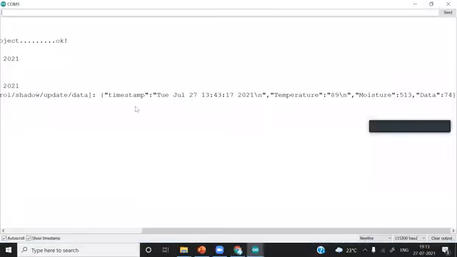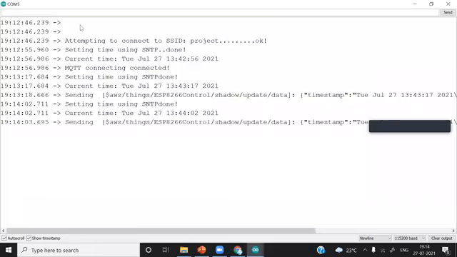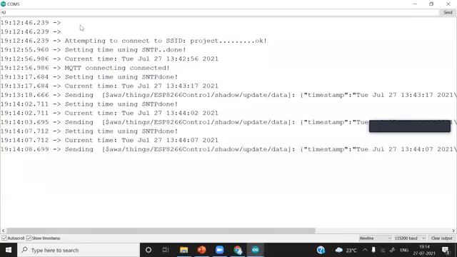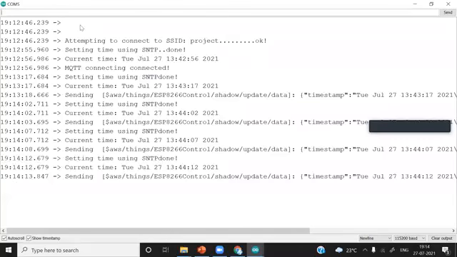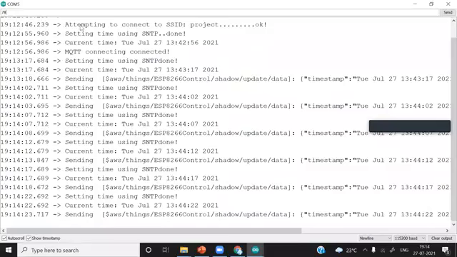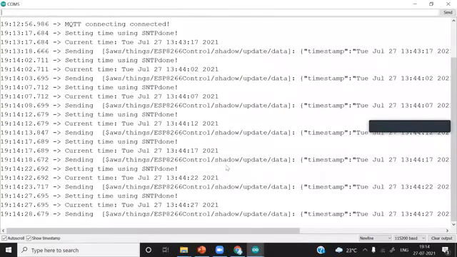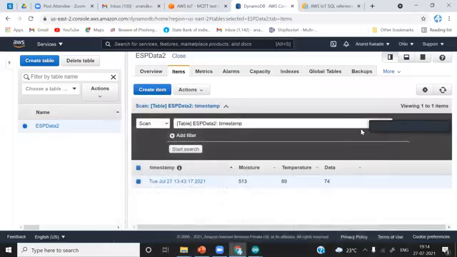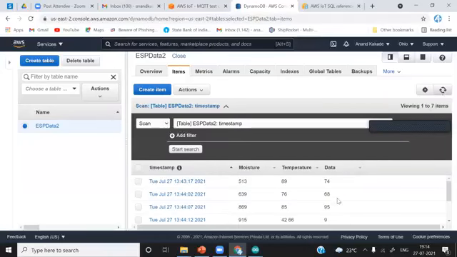What we'll do, we'll send some multiple data as 76. I will hit enter, and then 85, hit enter, 42, hit enter, 66, hit enter, 20, 23, hit enter, and 49, hit enter, 78, hit enter, 59, hit enter. Okay, we are sending this random data. What we'll do, I'll just refresh this. You can see all the data fields.